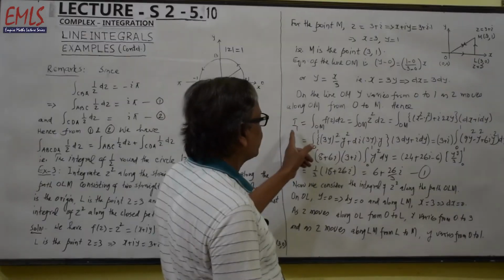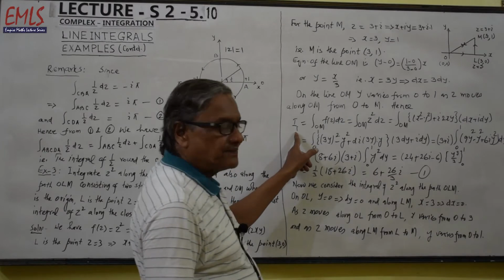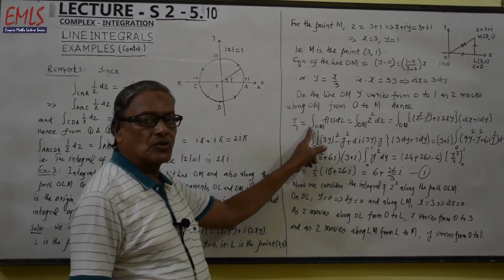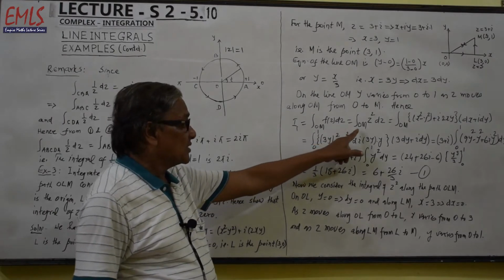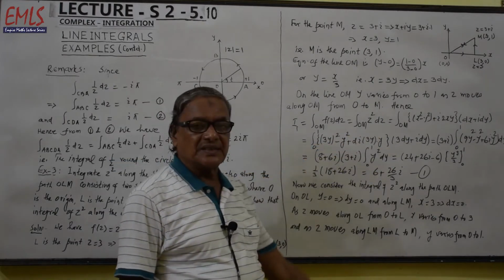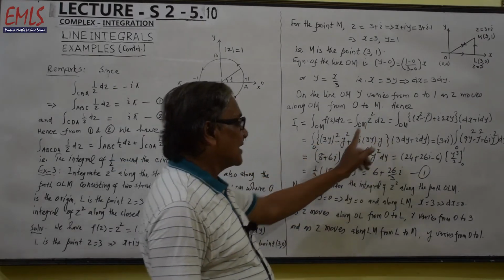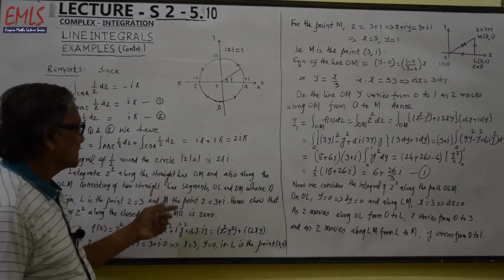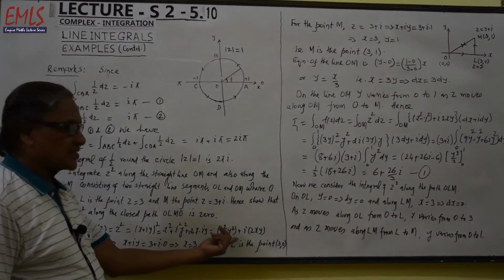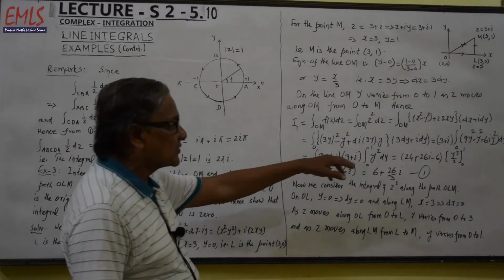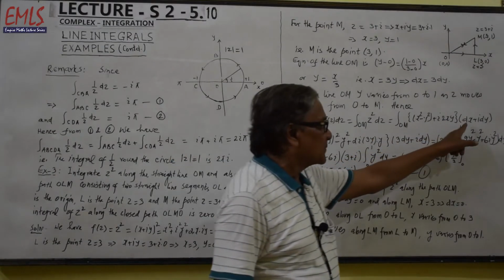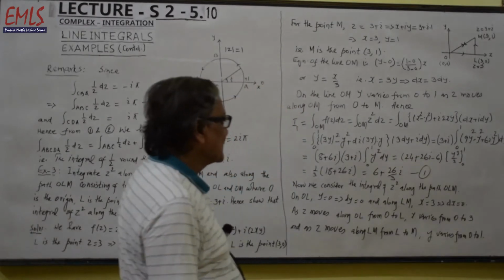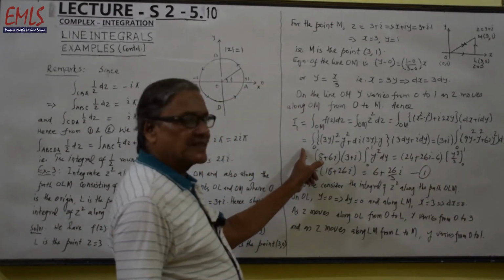Hence, I1, that is the integral along OM of f(z) dz, will equal the integral along OM of z squared dz. Z squared is x squared minus y squared plus i times 2xy, and z is x plus iy, so dz will be dx plus i dy. On simplification, we shall get